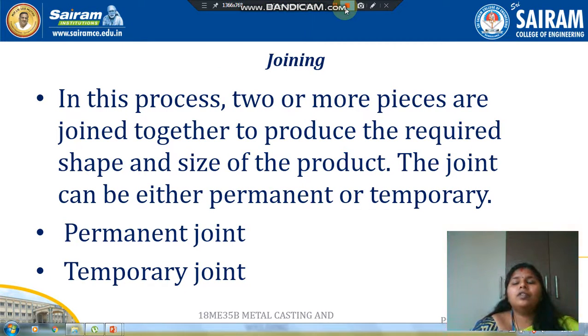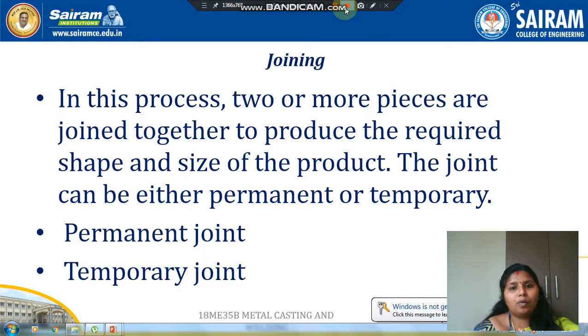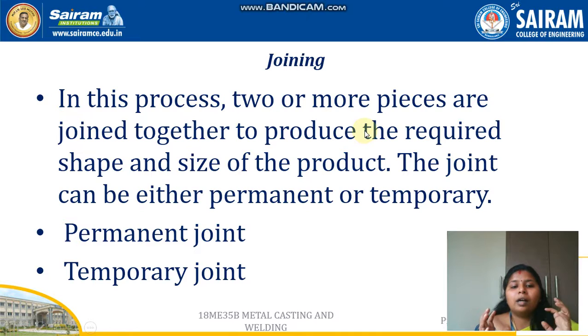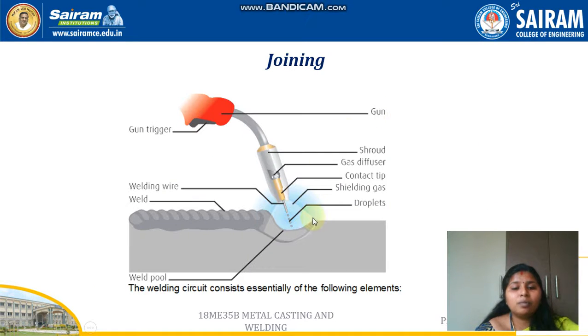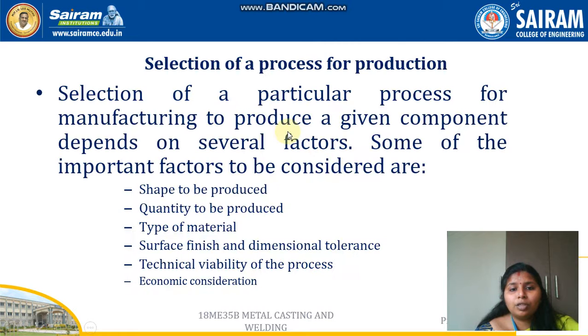The last one is joining. In the joining process, two or more pieces are joined together by some filler. For example, welding is the best example of a joining process, and soldering and brazing can also be considered. But whenever joining is mentioned, usually only welding is considered, where two similar or dissimilar materials are placed together with the help of a filler and an electrode, flux is produced, and the welding is done. So the two components are joined together with the help of a weld and a gun. This is about the joining process.